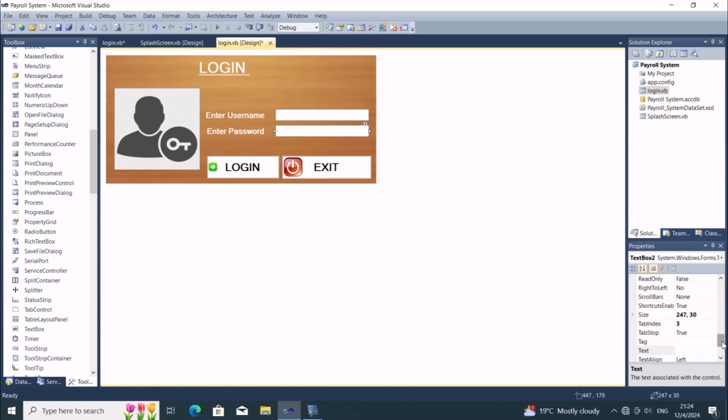Okay, then for password, for this text box, it is very important for someone when they are typing their password that it does not display what they are typing. So I'm just going to put a password char, this star. You could put anything else you like, but I'm just going to leave it like this. So if you run the system,